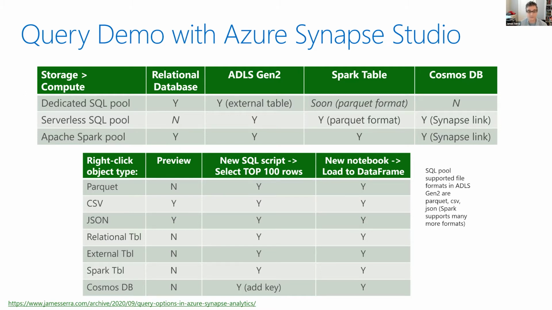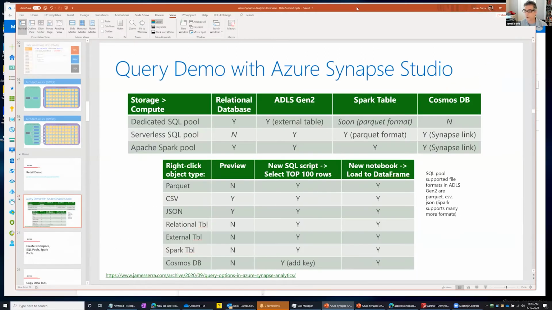And then on the bottom table here, I created this because you can right-click a lot of objects, whether those objects are a Parquet file or CSV JSON, or they're a relational table, as you see here, or a Spark table. And you'll have certain options available to you that I'll cover in the demo. But almost everything is supported now, except for a handful where there's a preview option that's not yet. So this is a good way to understand what's possible now in Synapse Studio. And the SQL pool, just to clarify, it supports 3 current file types. Those are Parquet, CSV, and JSON. Now, if you have something outside of that, you can use Spark to query it. But if you want to use regular T-SQL, you're limited to those 3. All right, so let's jump to the demo.